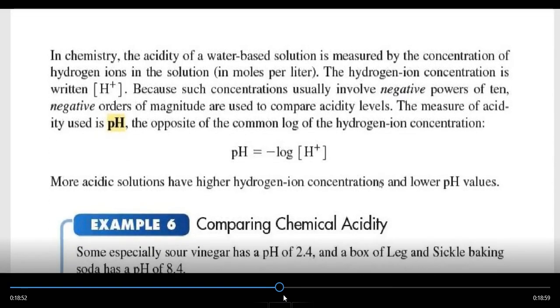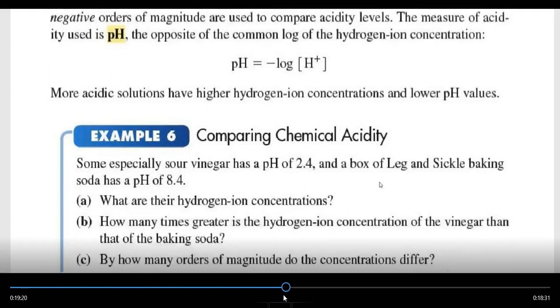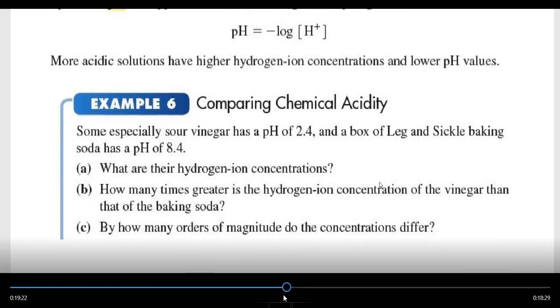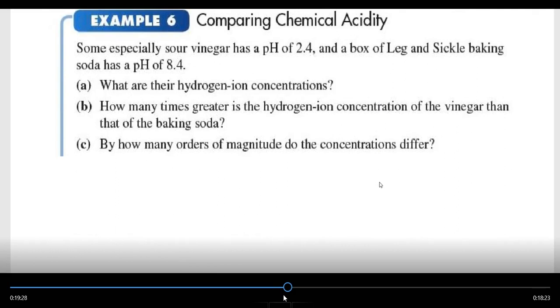Okay, let's see here. Chemistry has its own problems to work on. The pH. You don't have to memorize that formula either. The hydrogen ion concentration compares to the pH of that particular liquid. And you can see that it is a reflected log function. Let's see, some especially sour vinegar has a pH of 2.4,